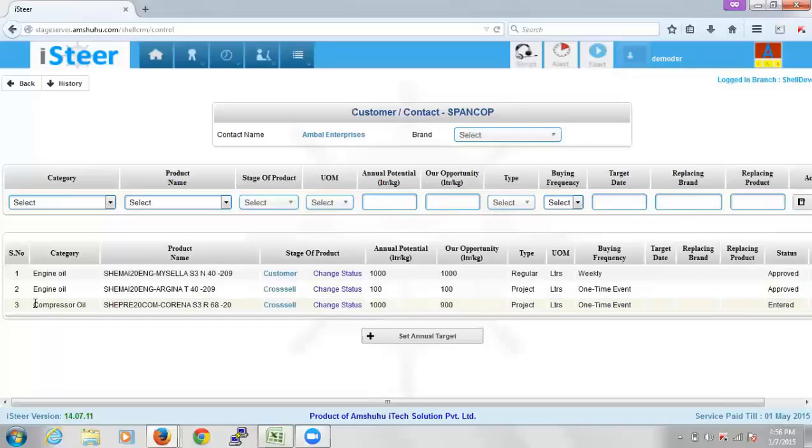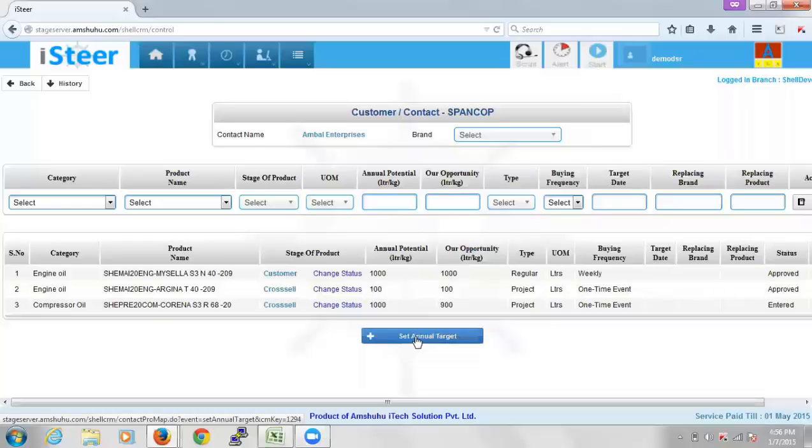So now this category, the compressor oil category that we currently added, is added in here. Here you see the stage of product for the first engine oil as customer, and the next two line items are cross-sell. Only for those products in the customer status, that is whichever products we are currently billing for this enterprise, only for those products you can set annual targets.